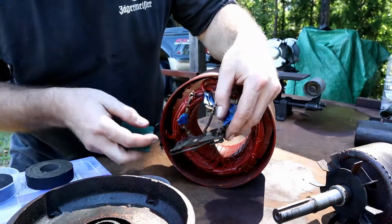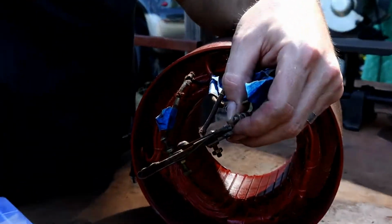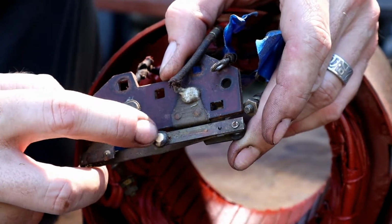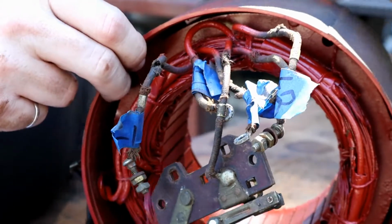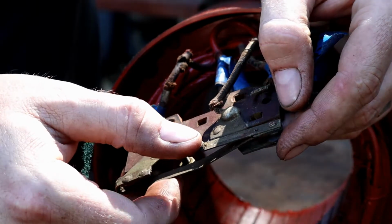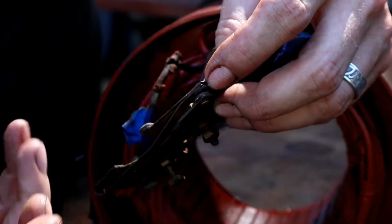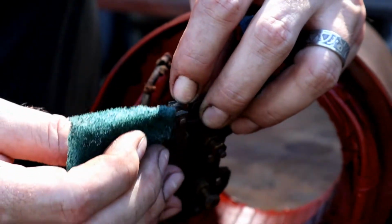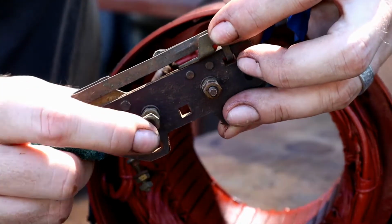Alright, we're back here. I was looking at this centrifugal start, and I found something really interesting on here and how it works. So it's got an area that's really nice and shiny right there, and that's what rubs against this plate on the rotor. So it's going to rub right there, and then as that snaps back, it is going to basically be able to come out. And what it's got is a little contact right in there. I'm going to take some steel wool, kind of shove that in there, and go back and forth and clean that contactor off. But that contactor then connects this with this, and then there's our post on the other side of it,